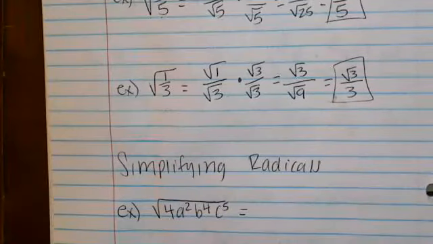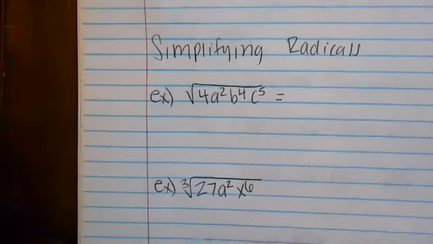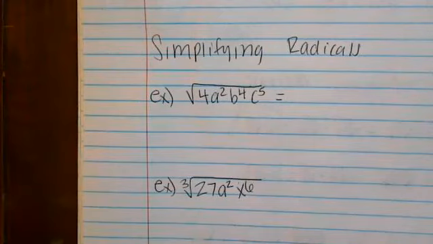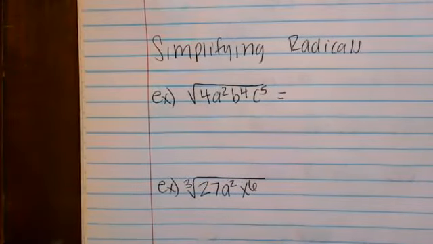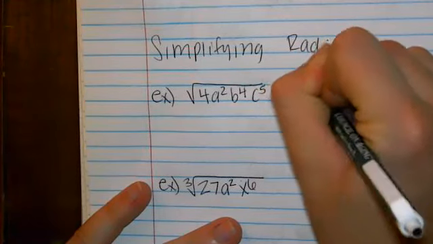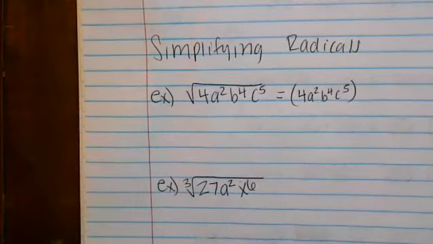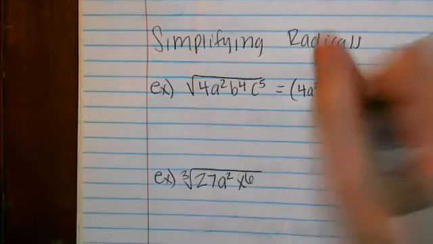All right, I have 2 more examples for you, and it's going to tie together a lot of the different things we've talked about today, and even some of the stuff we talked about last time. So when we want to simplify radicals, we essentially want to pull out everything that we possibly can. The first way that I like to do this is to rewrite it as a rational exponent. So I would take 4a squared b to the 4th c to the 5th, all to the power of 1